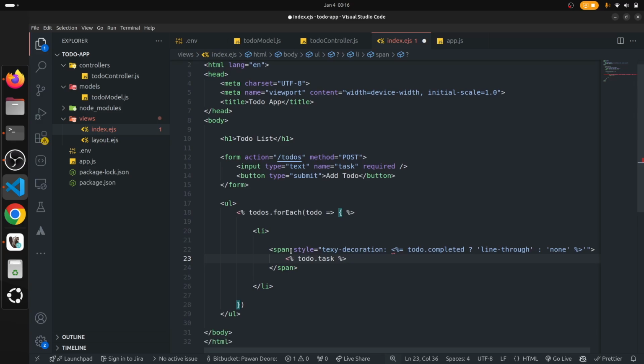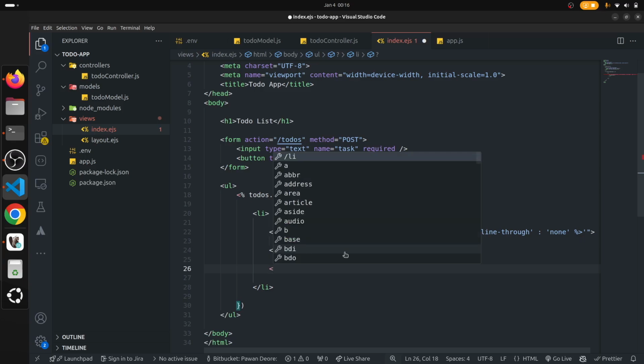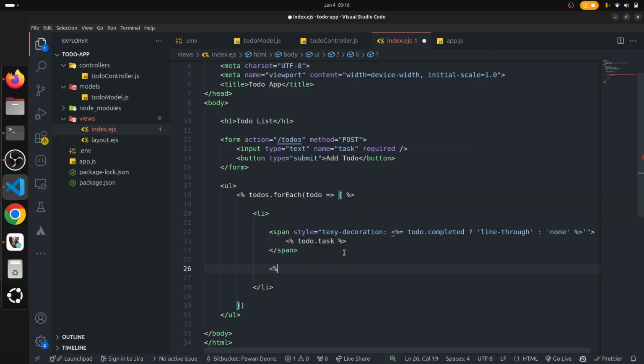Okay, what else? So the span we have done. Now we will show one small link here also. This block, if the to do is not completed,